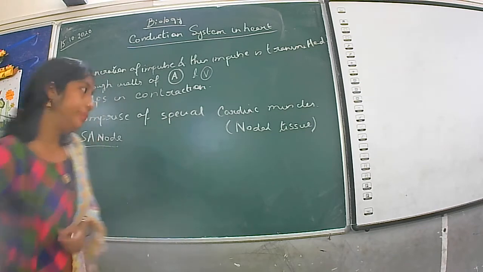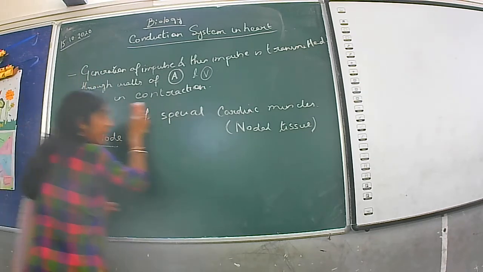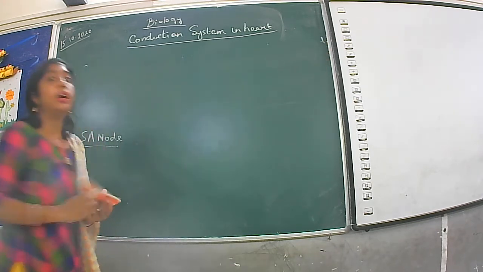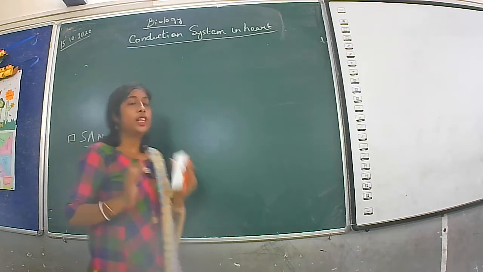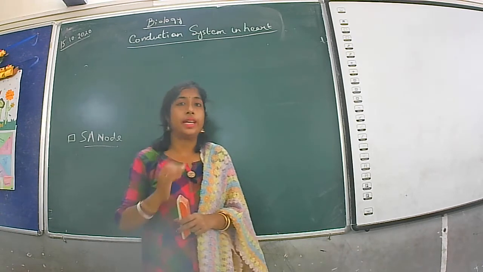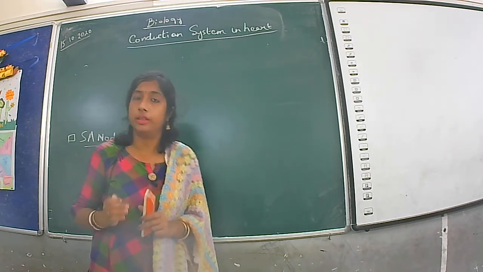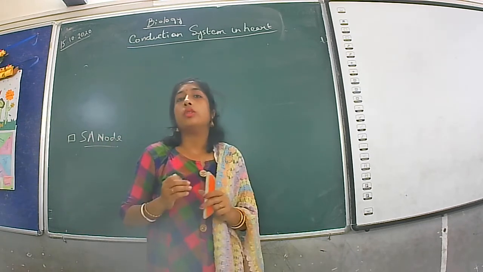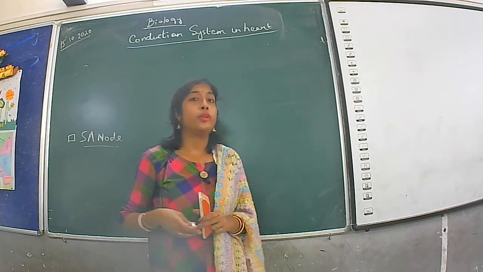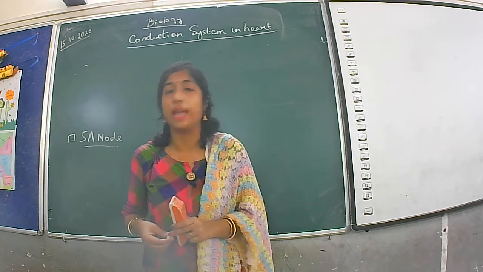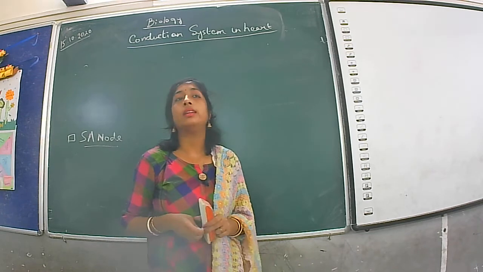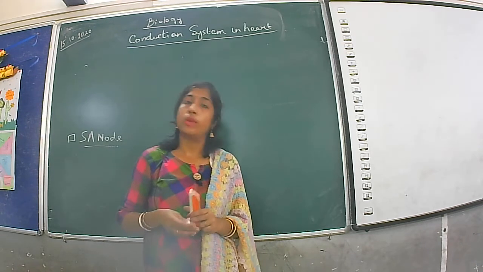Before I explain about the SA node, you need to understand it with the help of a diagram. First of all, as I have said, this SA node is the place from where the impulse is generated. Now, this SA node is believed to be the remains of sinus venosus. If you remember, I have explained in the previous classes about sinus venosus, the associated structure which was found in the lower group of animals, isn't it? So I have explained that.